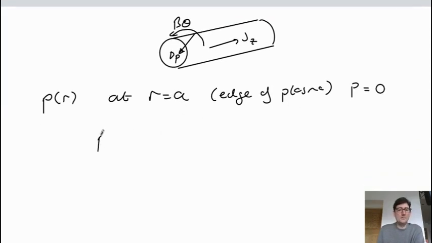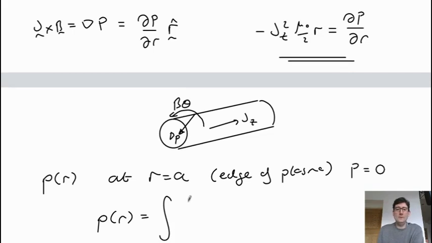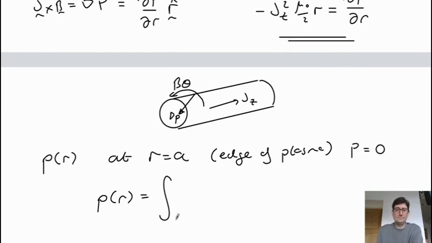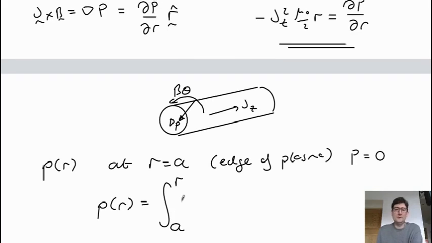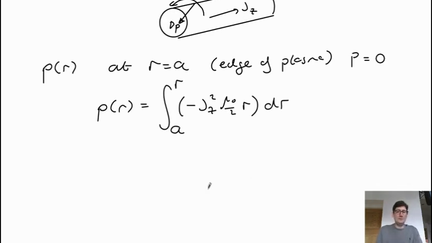To work out what the pressure at any given radius is, we can basically integrate this dP by dr from the edge inwards. So we can go from the edge of the plasma to some location R, and we're going to integrate dP by dr, so this is minus Jz squared mu naught over 2 times R. And so here, these are constants, so Jz mu naught over 2, and so we end up with